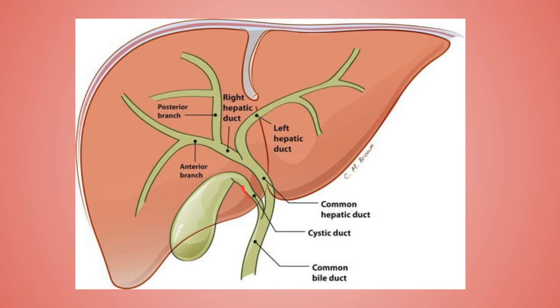After bending like this, it becomes continuous with the cystic duct. Superiorly, the neck is attached to the liver by areolar tissue in which the cystic vessels are embedded, and inferiorly, the neck is related to the first part of the duodenum.